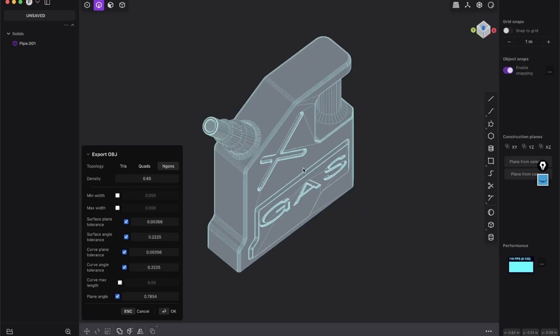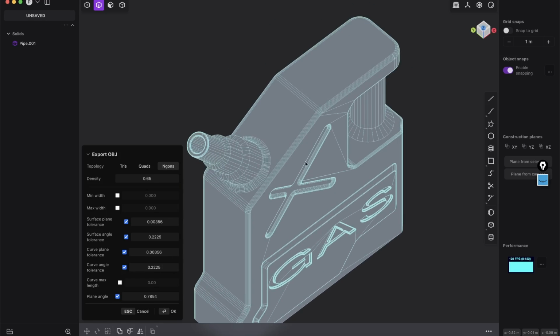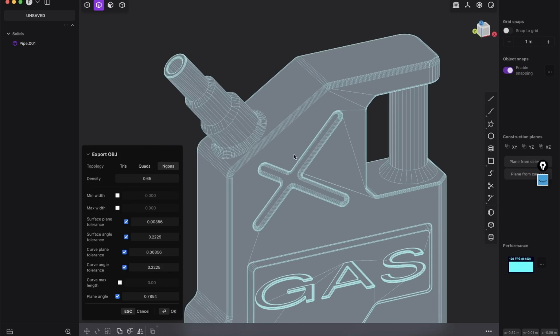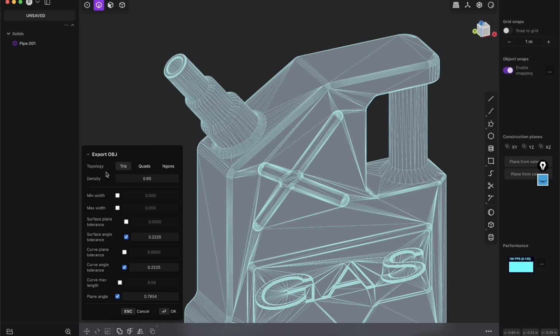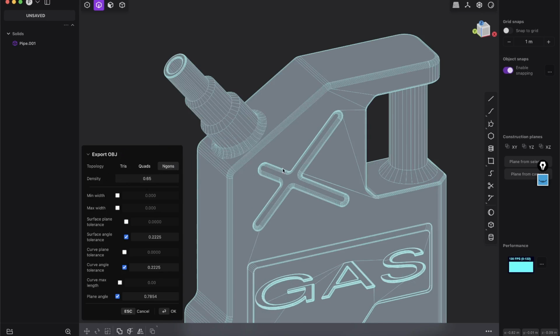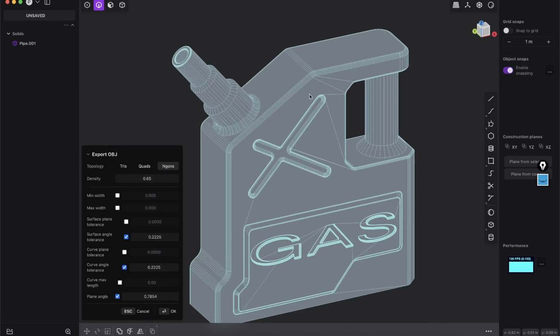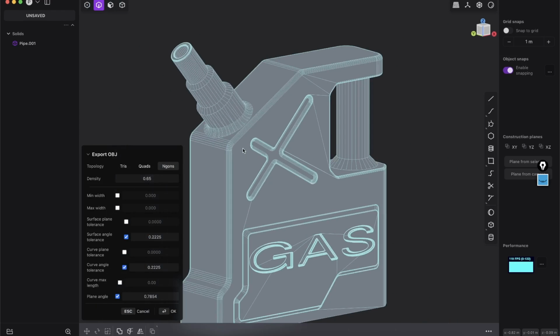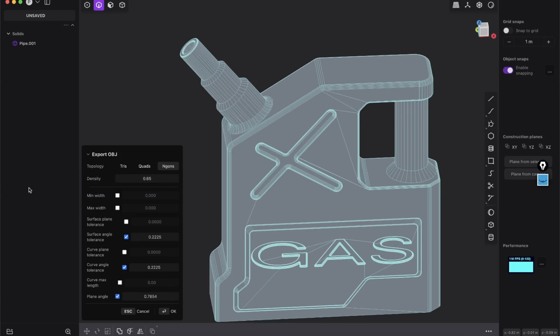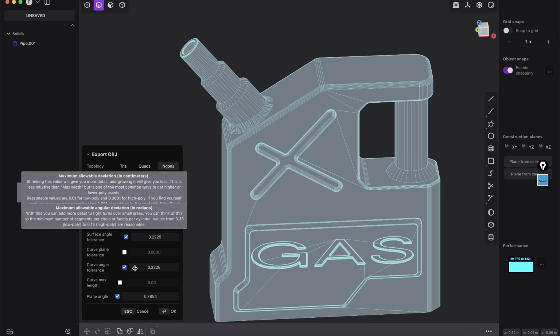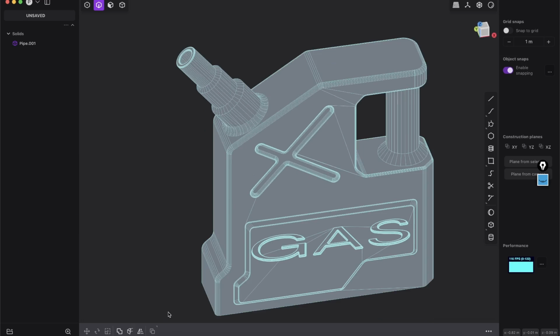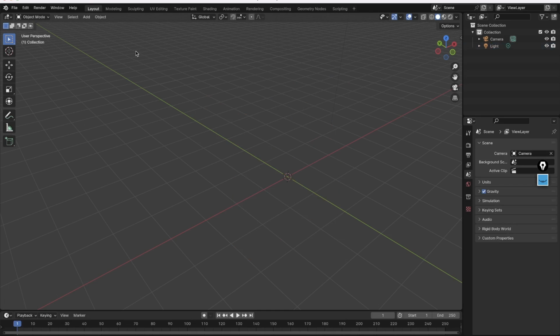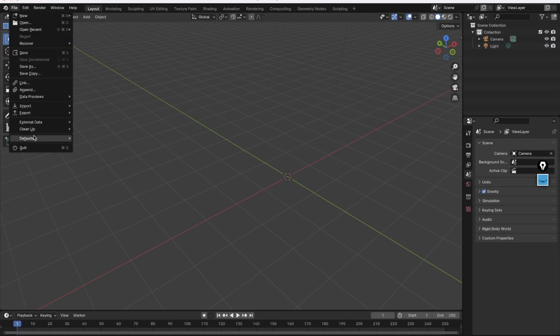And now you see already, now this body here is converting into polygons. So don't be confused. You have a lot of different options here. I think it will start for you with the tris here, but you can go to n-gons. This will be absolutely fine, especially for hard surface modeling. It's most of the time what you need. And you have here some more options, which I go through in my free plasticity course. But for now, if you just press OK